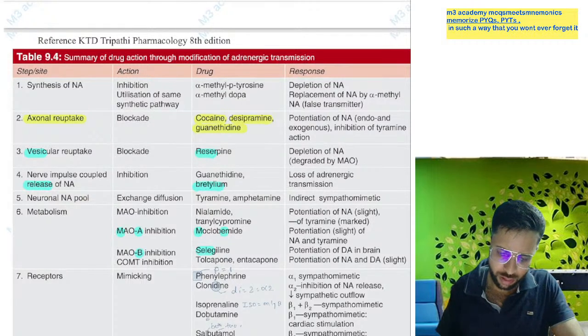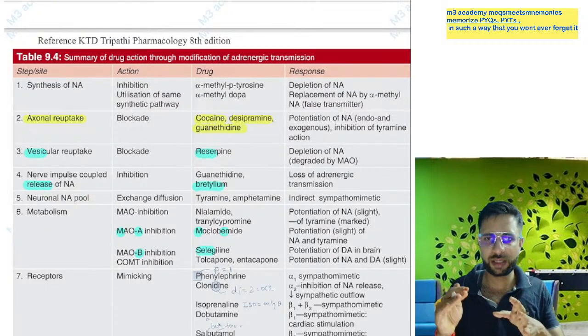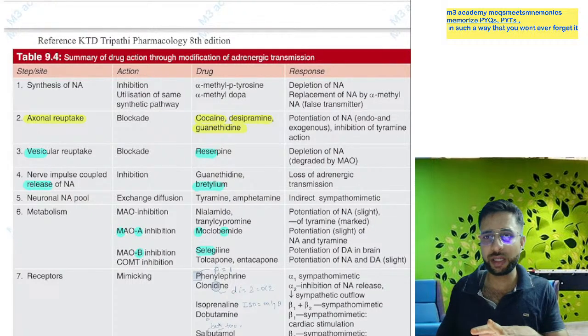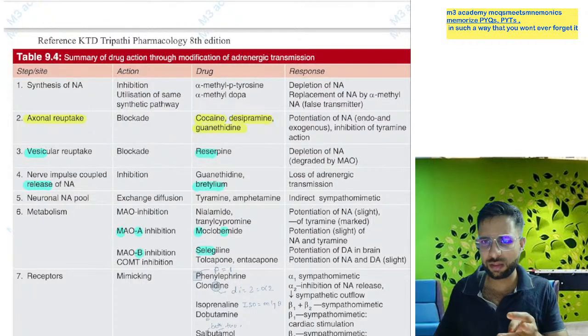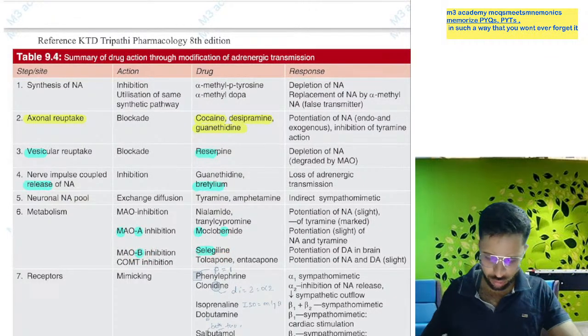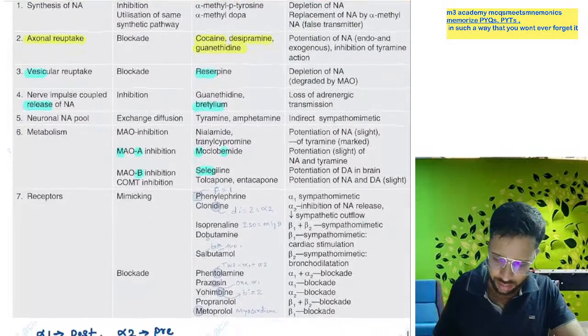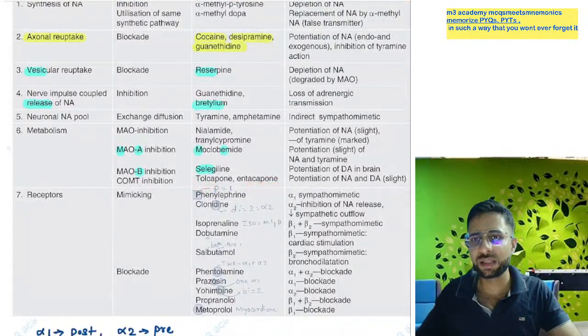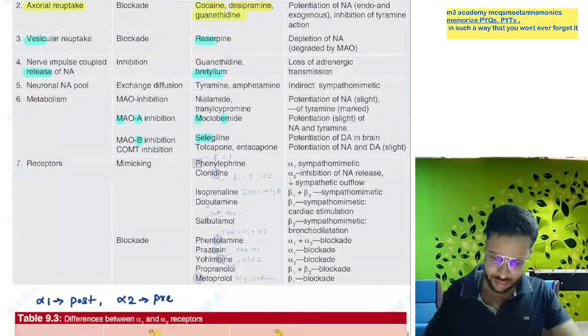MAO inhibitor. MAO is of two types, MAO-A and MAO-B. There are non-selective MAO inhibitors, and the mnemonic is PIT: phenelzine, isocarboxazid, tranylcypromine. MAO-B selegiline is used for Parkinsonism, and COMT inhibitors are tolcapone and entacapone. So please revise the Parkinson drug pharmacology session. Now next is